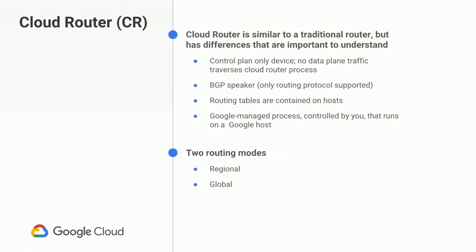So when you're setting up the cloud router, or when you're setting up your VPC, really, there's two routing modes that you can enable. One is what we call regional routing, and the other is what we call global routing. Regional routing is where, when you put a cloud router in a particular region, it will only learn